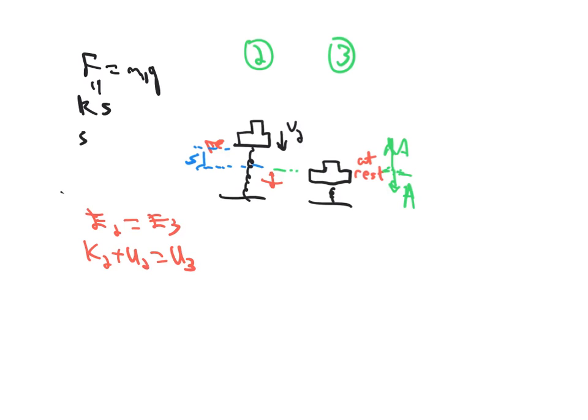And so we can find that the stretch, or really the distortion, is mg over k. And if we were to look that up and grind out those numbers, it's 0.0049 meters,